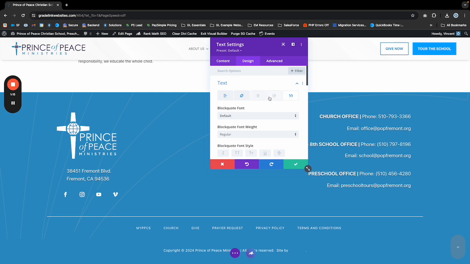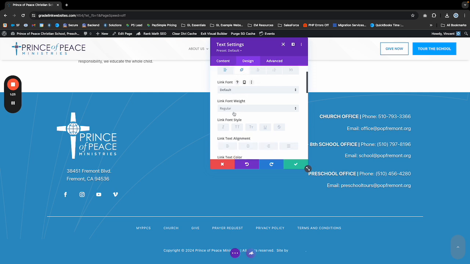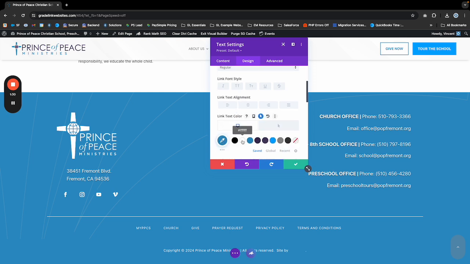There's one for block quote quotation, numbered, ordered list font, unordered list font, so bullet points, and then there's a link font. So if we click on the link font tab here, we can actually adjust the styling, including the link color,